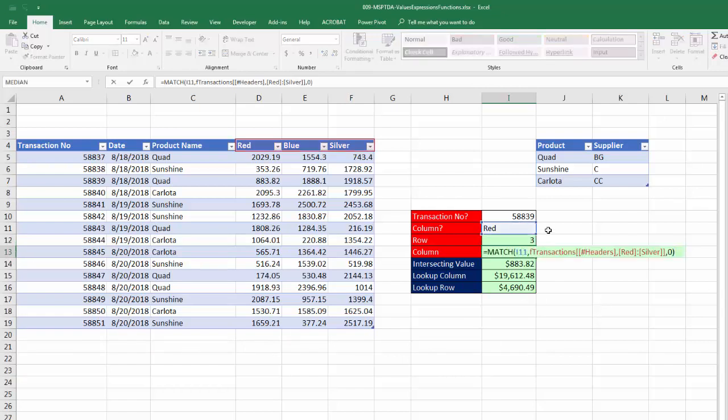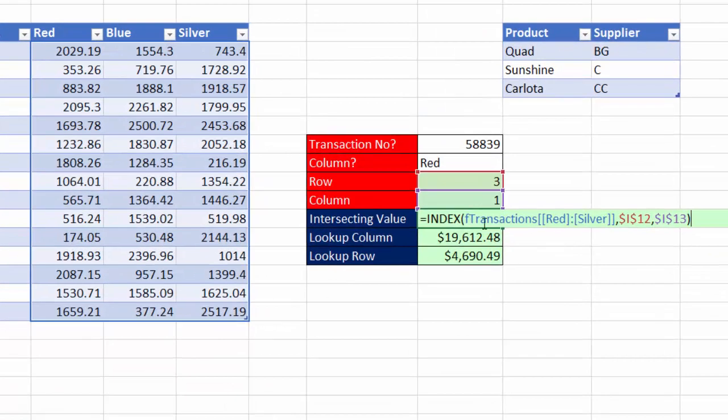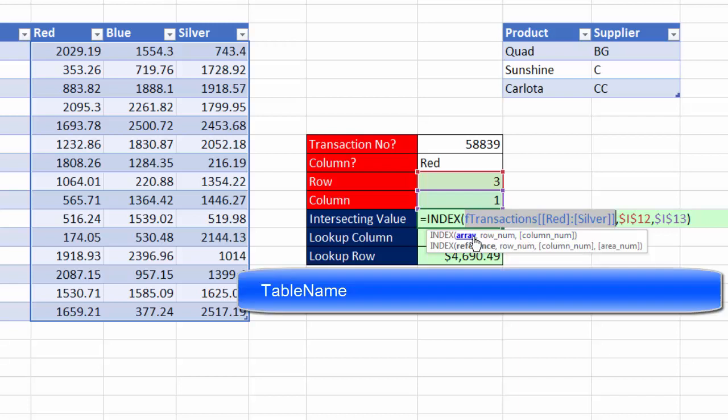Similarly, we looked up that color within that range to get first column. Then, of course, we used the index function. And look at the arguments. In index, we definitely require a table, an index number, and a column number. Now, when we get over to Power Query, it'll be in the same order. When we do our lookup formula, we'll first have to list the table, then the row index number, then the